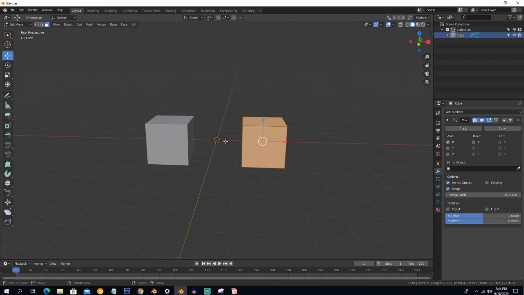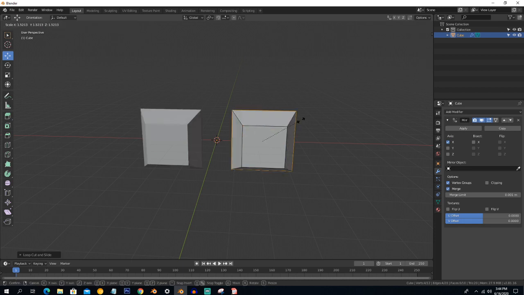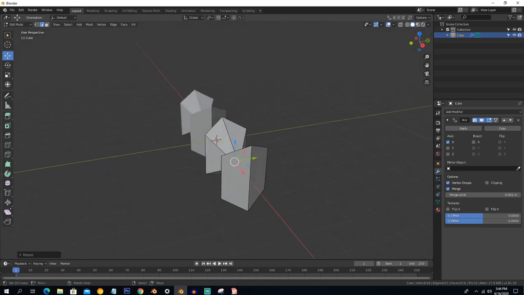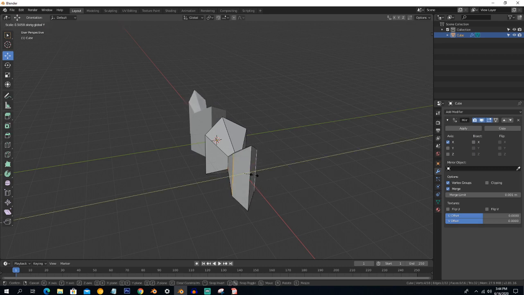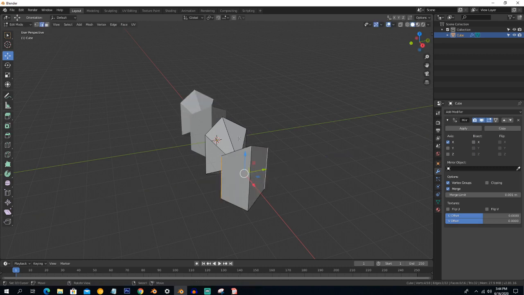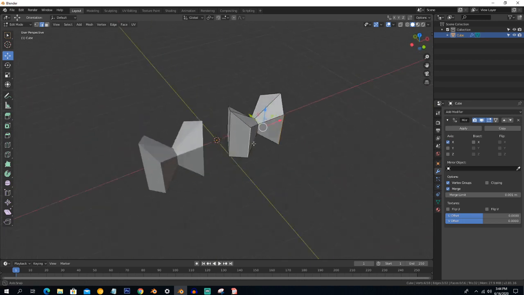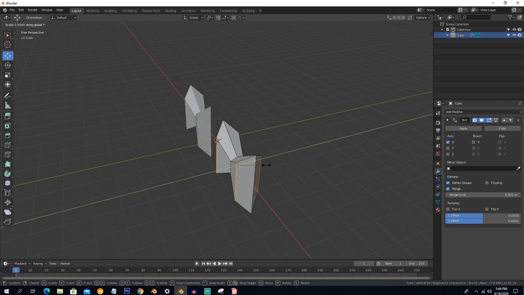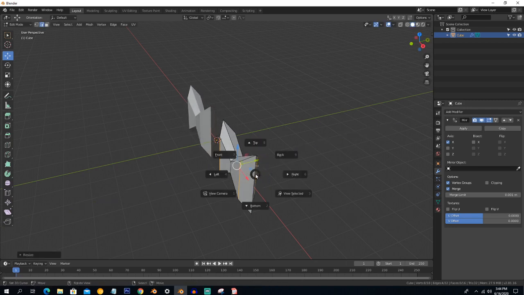Now, for example, let's quickly make something from this model, something like a butterfly, you can say. And you can also see that it changes the mirrored side on that object.